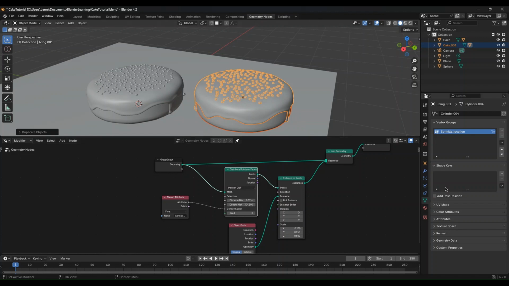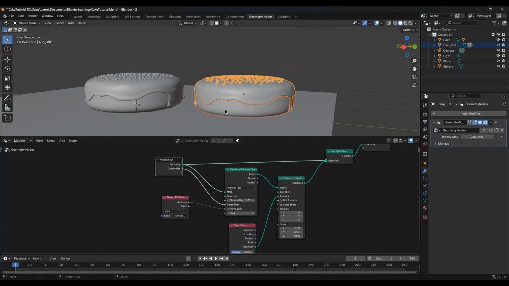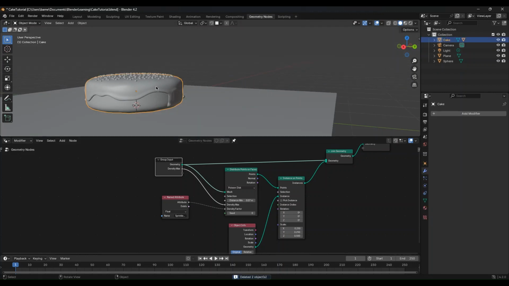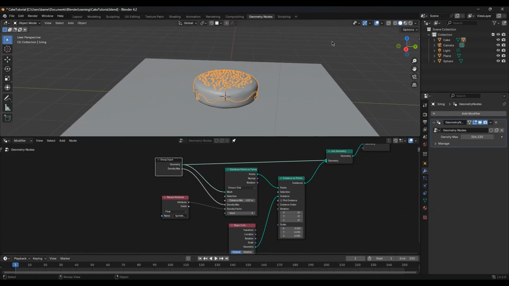In order to fix this, we see where it says density max, a little circle, you can join it up to here. And then if we go to modifiers, you see that it says density max there. It can be changed there. And you just change that value now, or just that one. And delete that. So now it can be edited from right here, which will be helpful for the next part, which is the fact that